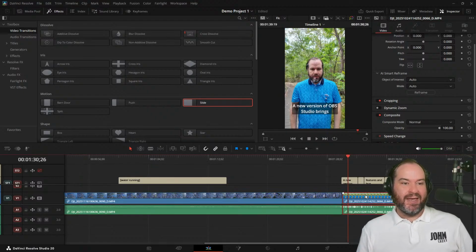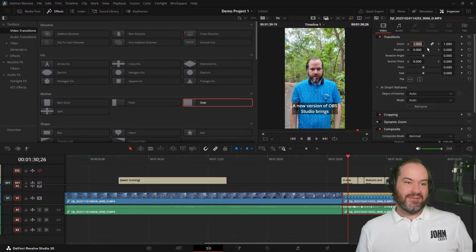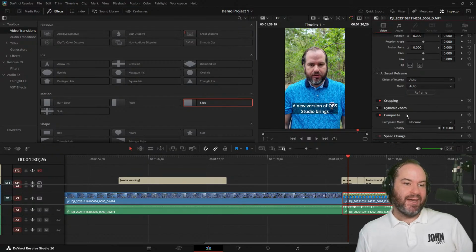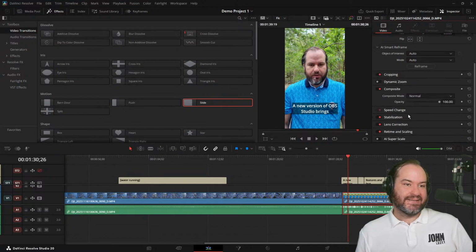So what I'll do, I'm going to actually zoom in on this clip. You'll see the little lock here means that these things should be locked together. So I'm just making sure I've selected that. Maybe I want to zoom in maybe 1.5. So I'll go 1.5 and you'll see that zoomed in quite a bit. I am curious now